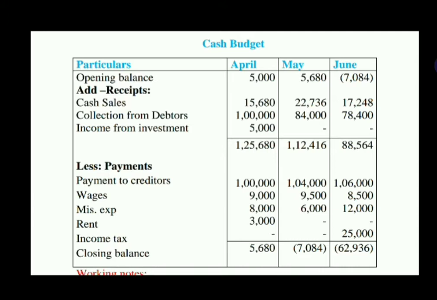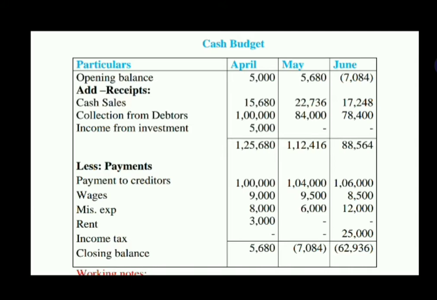So during the period, here we are going to prepare the cash budget for the 3 months, that is April, May and June. So we have to enter the estimated receipts related to these 3 months only. Other than these 3 months, if information is given in the problem, we don't take it into consideration. If the information is related to these 3 months only, we need to enter it in that particular month's column. Other than the information related to these 3 months, the information is purely ignored.